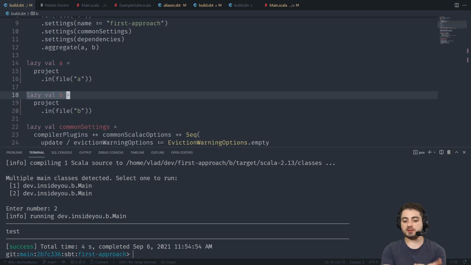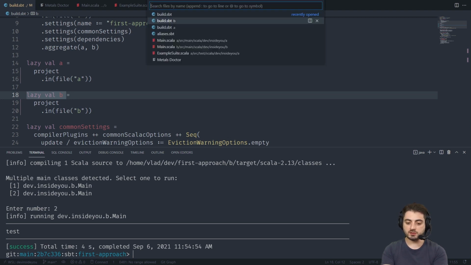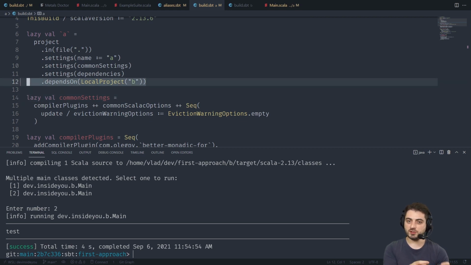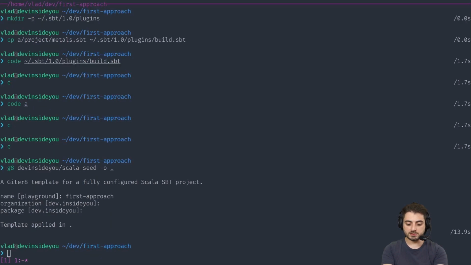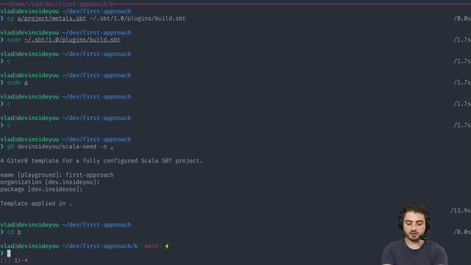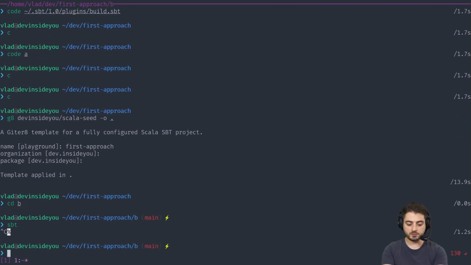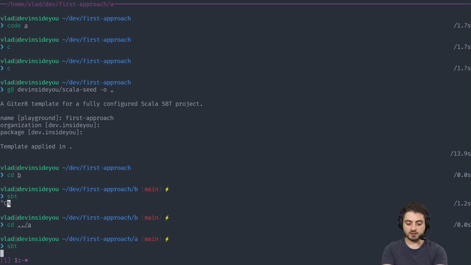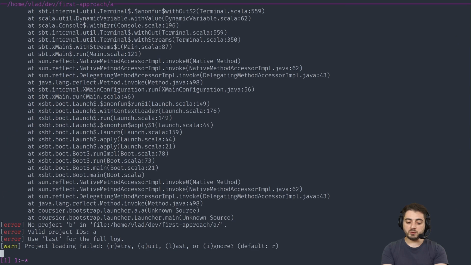It's important to understand at this point that we changed the build file for A. So if you were to launch SBT just for project A, it will say that it cannot find project B. Since we're still playing, let's actually do this. We're going to go into A, and we need to launch SBT, and it's not going to be able to load because it's going to say that it cannot find the project B. There we go. It finally loaded.